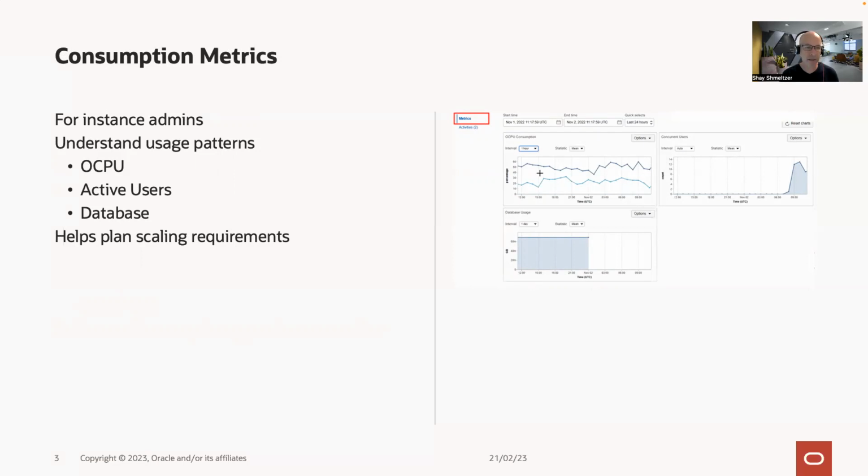So you would be able to see things like how much of the OCPU is being consumed, okay? How many active users are there at each point of time, and also how is your database usage going? Yeah. There's a built-in database in Visual Builder, so you can see how much of it is being used. So this is very helpful for you if you want to plan things like scaling up or down your instance,